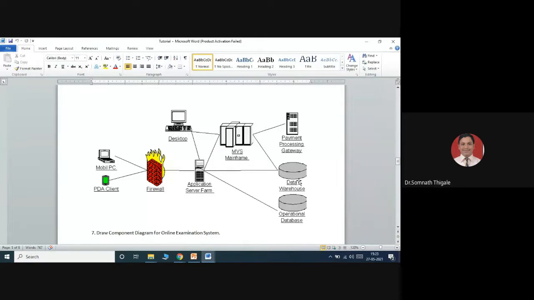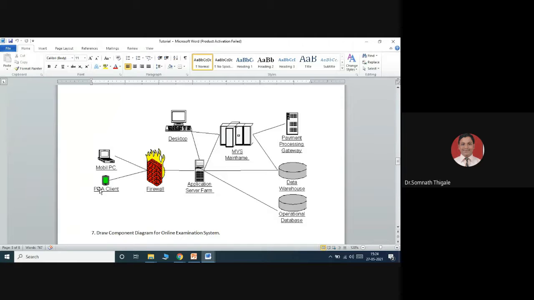So this is my database part. This is the third part called the payment processing gateway. This is the MVC framework, MVC model view, and the system architecture. This is the application server. As a user, I'm just trying to use the application. The basic application is kept on this application server, and this application server stores its data on the database. So which part of your system are you going to put where? This is a PDA client.